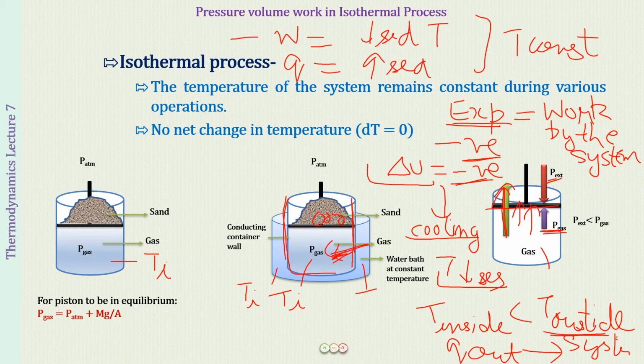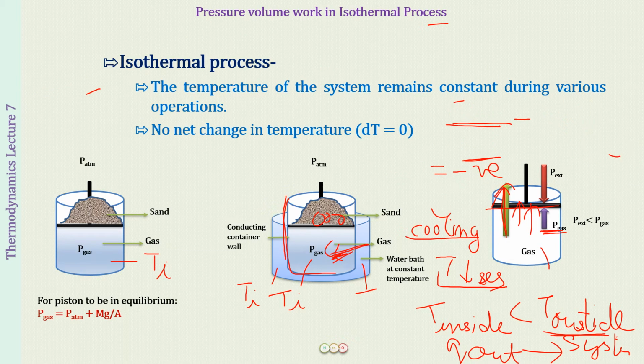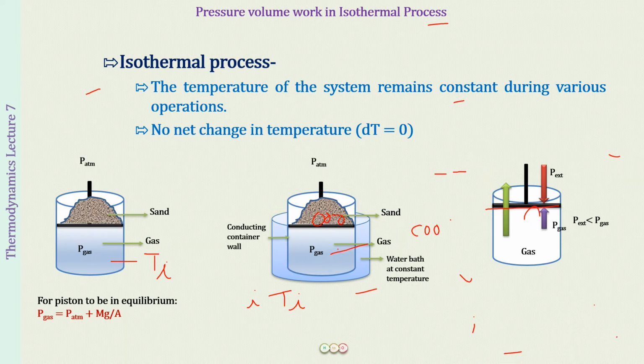So work done is by the system, so this is negative. Q is entering into the system, so this is positive. Whatever amount of heat is entering, that is what is being converted into work. So delta U, the change in energy of the system, will remain constant. These are some important things that you have to remember, although I will be talking again about all of this when we discuss the first law of thermodynamics. But because we are discussing the isothermal process, these things can be remembered by you as well.